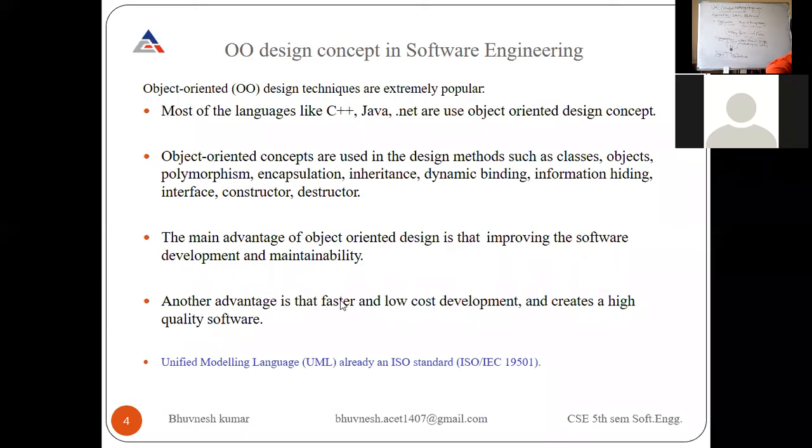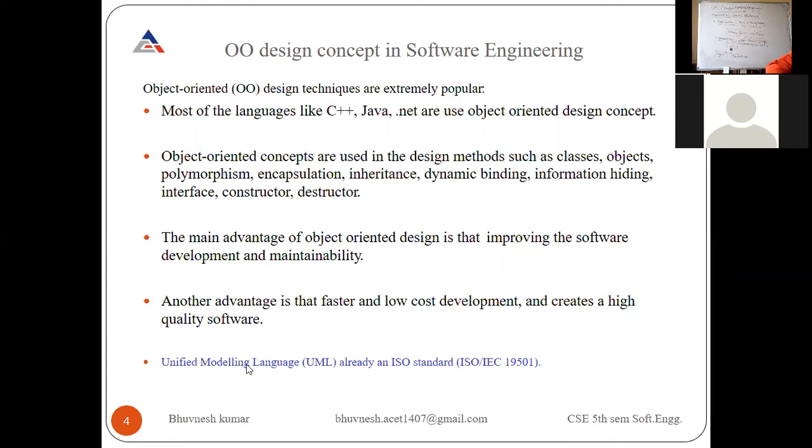Another advantage is faster and low cost development. With OOPS there is a faster technique to develop your product, and the cost is reliable. Most important, the product is a quality product. A design made with this concept is a quality product.